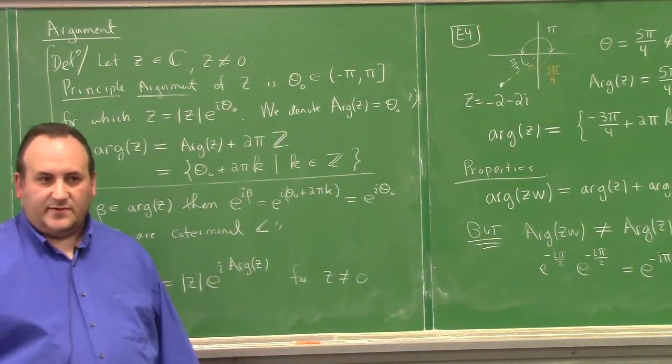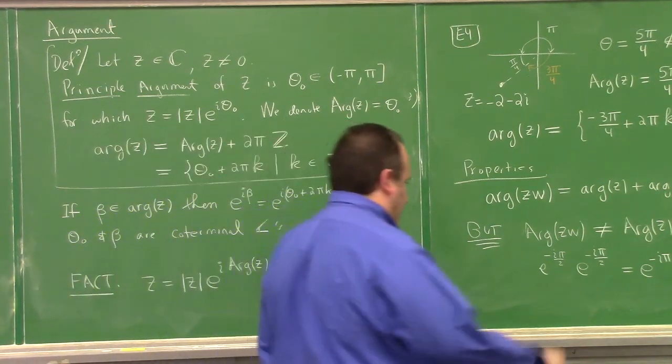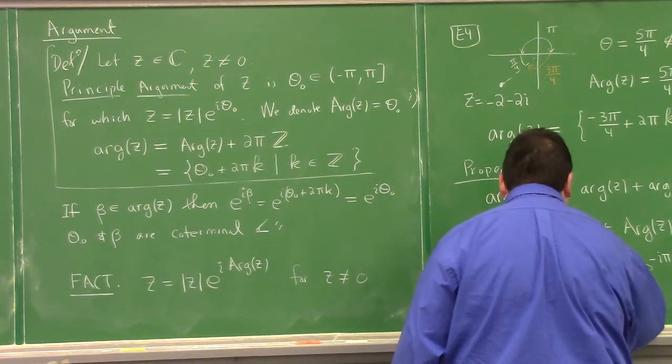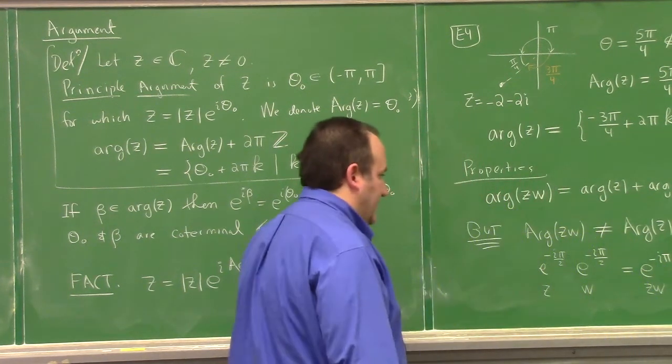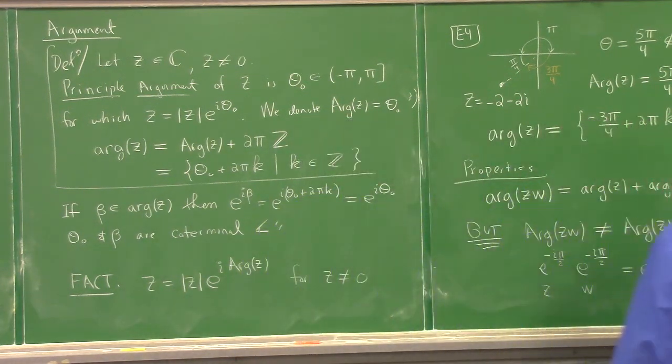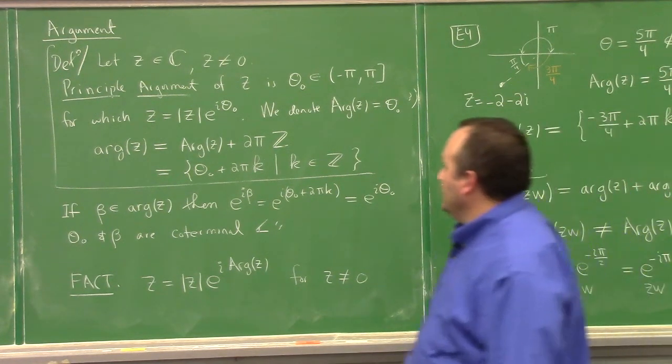So if my z and w are both equal to e to the minus i pi over 2, what's the arg? Capital Arg of z equals capital Arg of w equals minus pi over 2, right? But arg of zw